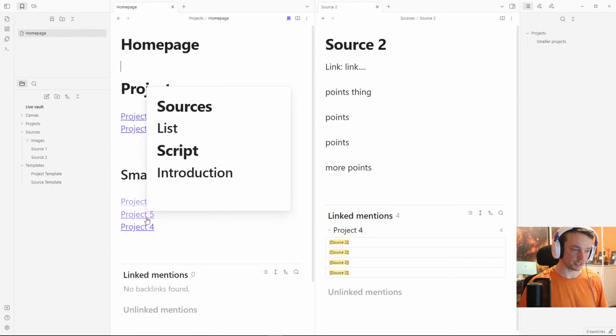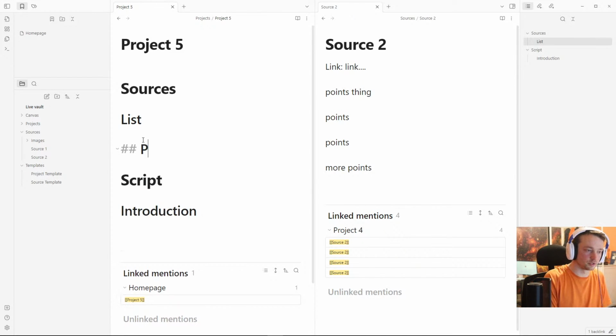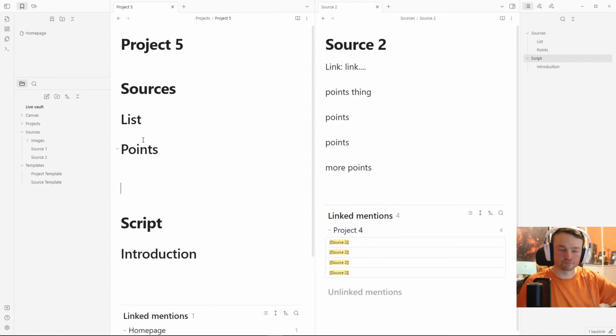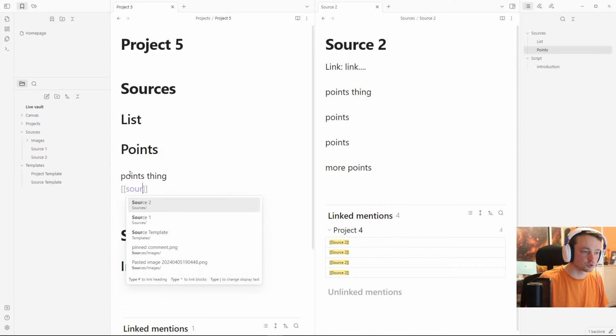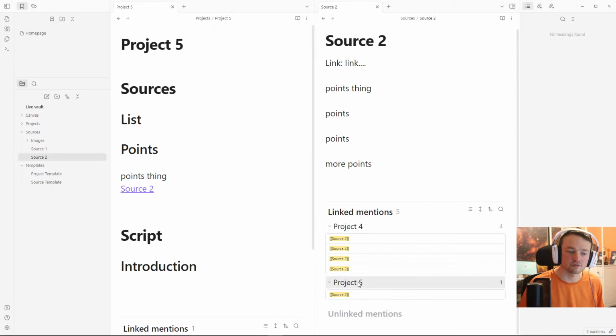But also, when I go to another project, let's, for example, say I'm writing another similar essay. So it's a similar topic on points on something, I don't know, productivity, time management, task management, and this point is relevant to both. Getting Things Done. And this is in here. Let's go source 2. Now I know that this source has been used in 2 different projects,